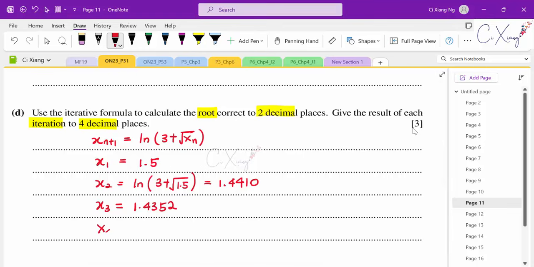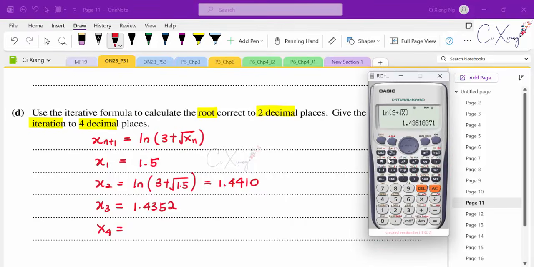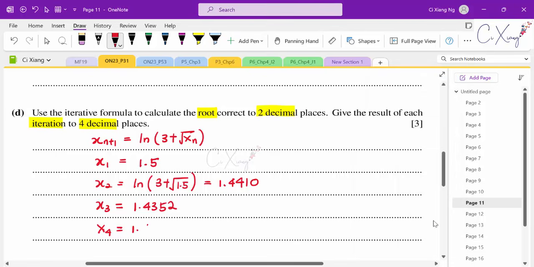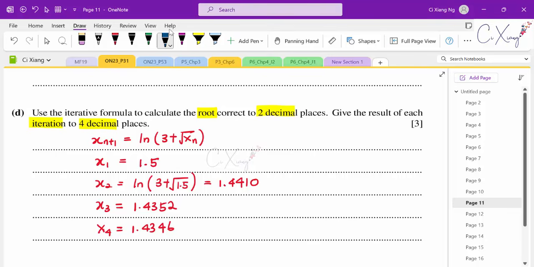Okay, so I want to continue further to get x4. So same steps apply. Press calculate in the calculator, key in the value that we have to substitute, which is 1.4352 now. Then press the equal sign. We have 1.4346. Okay, so if some students are asking when should you stop, basically you can